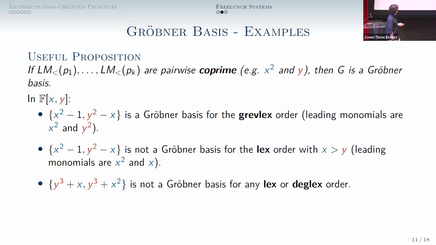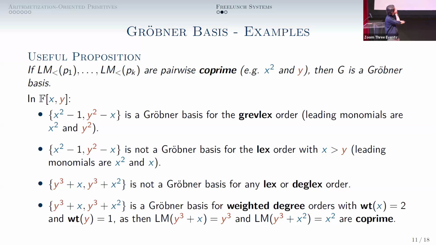y cubed plus x and y cubed plus x squared. Now, for any of the usual orders, so lex, deglex, grevlex, this is not a Grobner basis. And so you would normally have to use F4 or F5 to transform this into a Grobner basis, basically. But you can notice that you can use a weighted degree order, which is a more exotic kind of order compared to what you see in the literature, at least for these